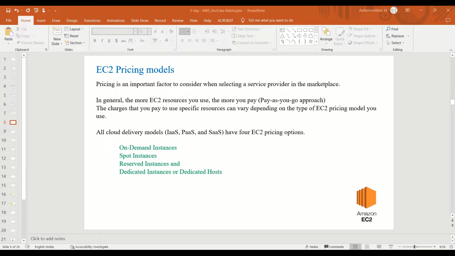So in general, the more EC2 resources you use, the more you pay. That is what we understood, right? The cloud works on a pay as you go approach. The more you consume, the more you pay. It is like your utility services. The charges that you pay to use a specific resource can vary depending on the EC2 type and the pricing model